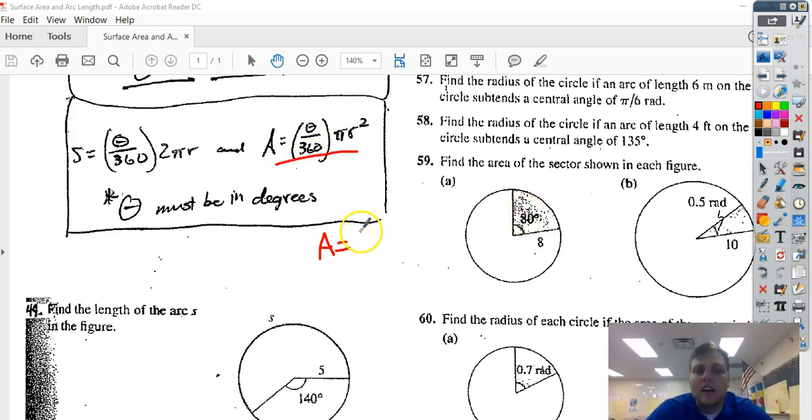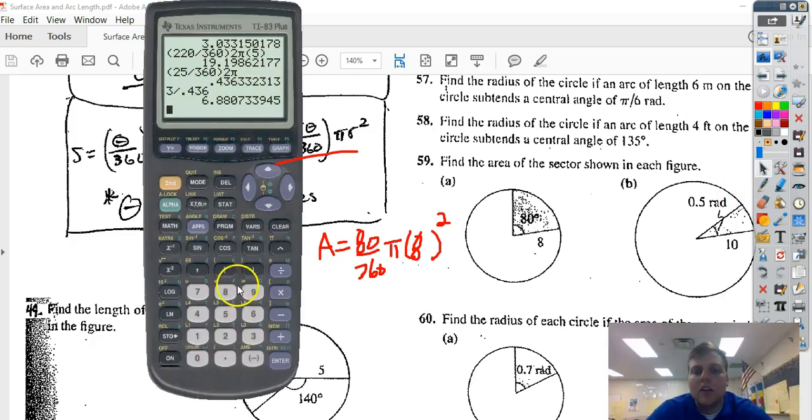We know that theta is 80, so we're going to say 80 degrees over 360 times pi, and then they tell me what r is, it's 8. So times pi 8 squared. And since you already have the area variable A isolated, you can just plug all this into a